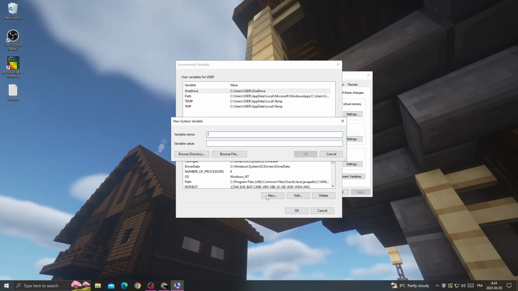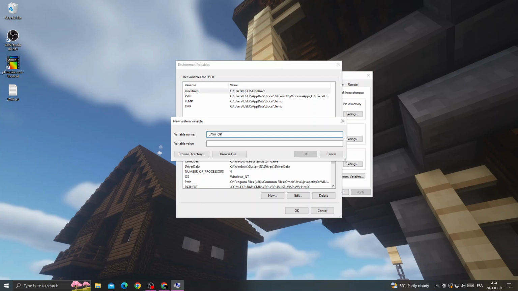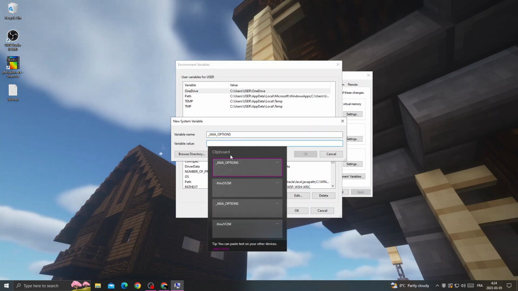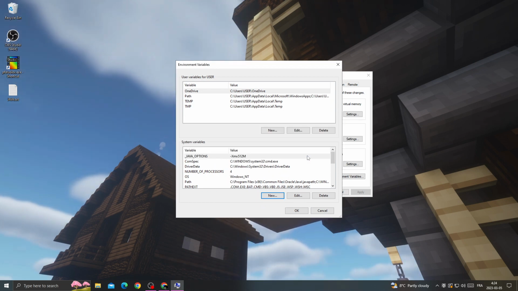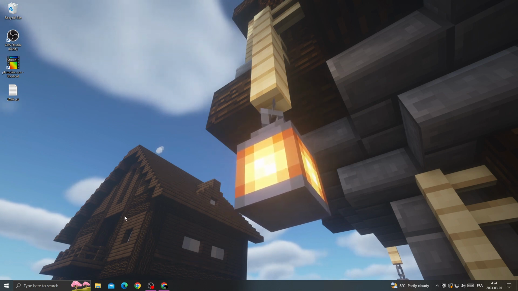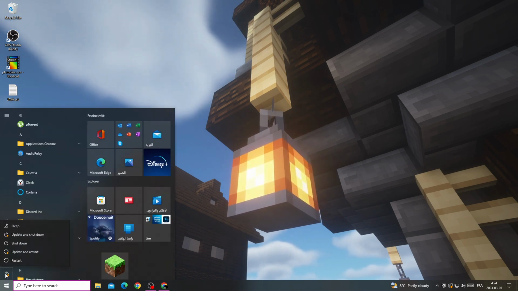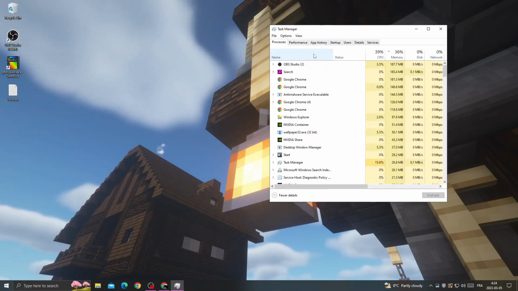and click new. After that type here and in second one type this code and then click OK. Now OK again and restart your PC, and after restarting your PC open task manager and then close all the